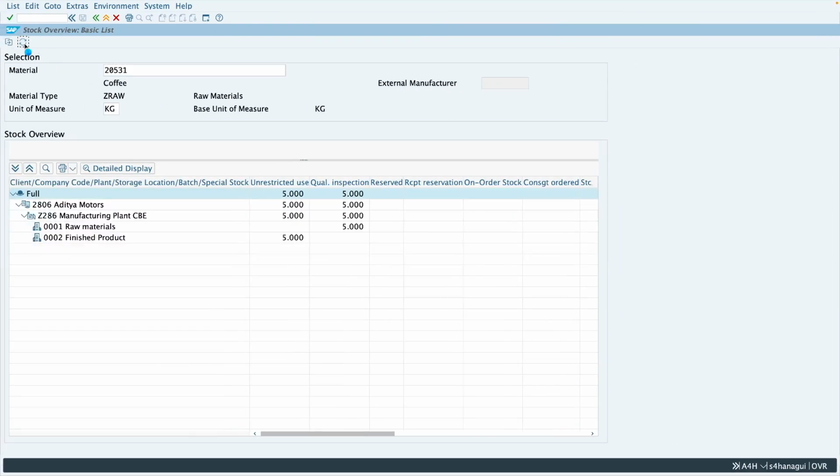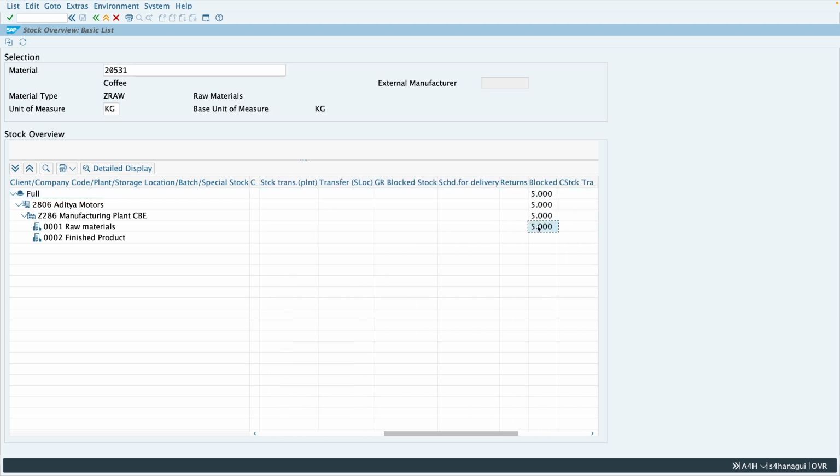We'll refresh this. So you can see this 5 quantity which was under storage location 0001 has been transferred to this storage location 0002 under quality inspection stock. Now we have 5 quantity available under blocked stock also in storage location 0001. Let's transfer this also. So we'll again go to MIGO,